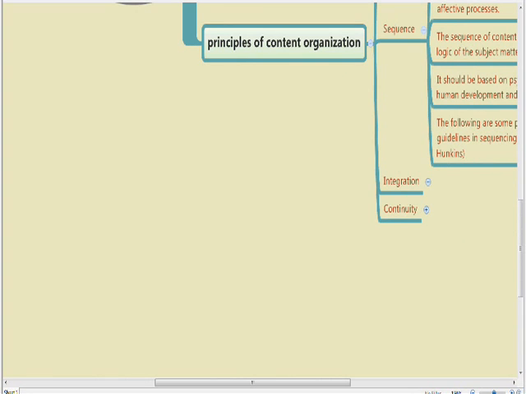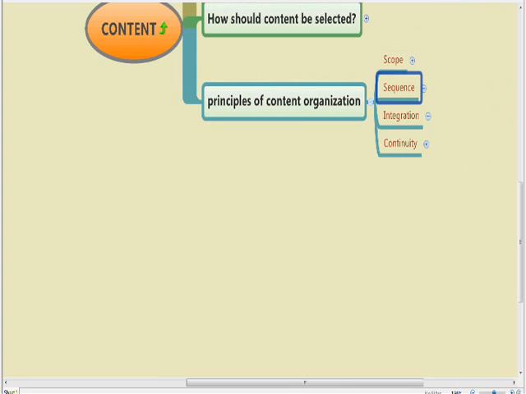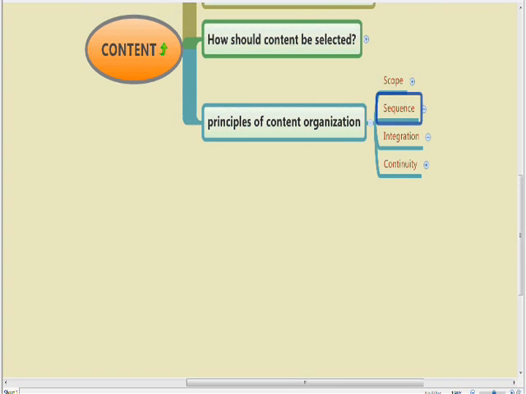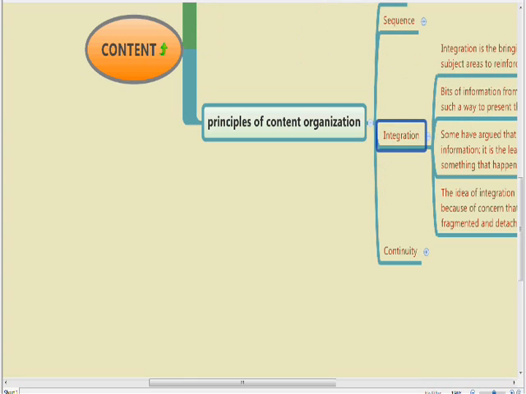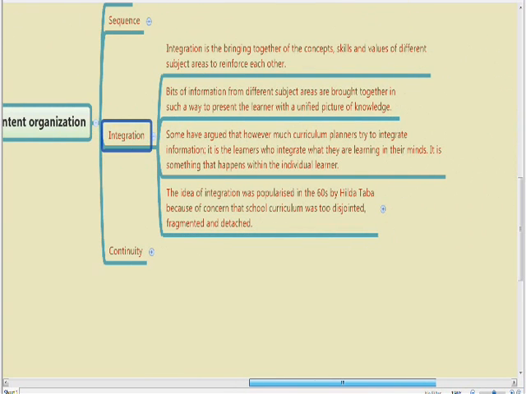Then we have the notion of integration. Okay, so we covered scope. Now we have covered sequence. Now let's cover integration. Integration is the bringing together of concepts, skills, and values of different subject areas to reinforce each learning. Bits of information from different subject areas are brought together in such a way that they present learners with a unified picture of knowledge. Now everyone speaks about this, but in reality